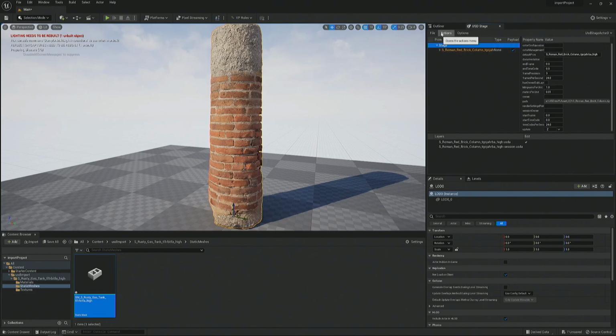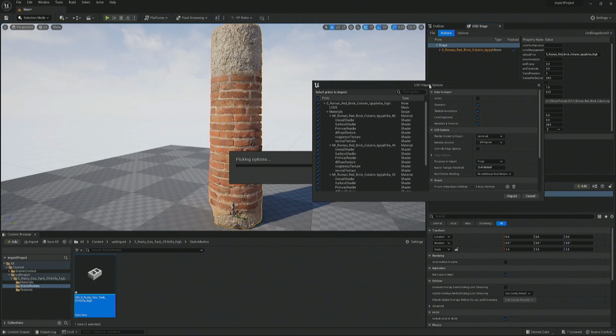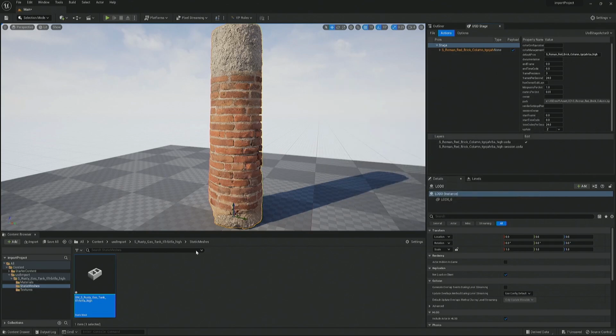Once we import, the thing to note is that if you're importing right now, whatever's in the USD stage window, you're getting it all. If you want to only import sections, you have to structure your USD so that you can load only the bit you want and only import that bit.